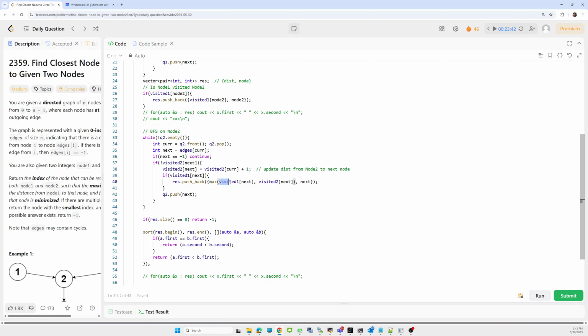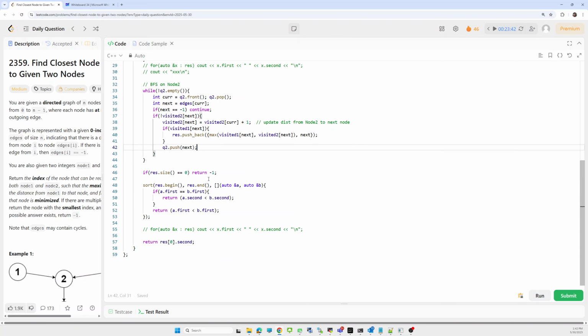So we fetch the visited distance to this next node from the visited array, and take the maximum with the next value. After that, if we find any common node, we check the size of the list. If the size of the list is 0, that means there is no common node, no common path is found.